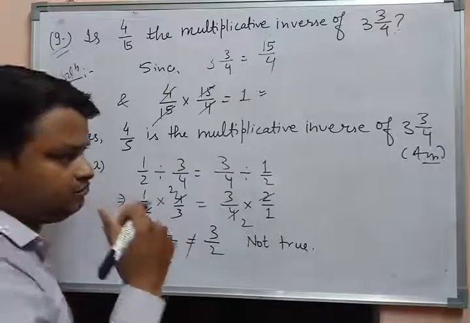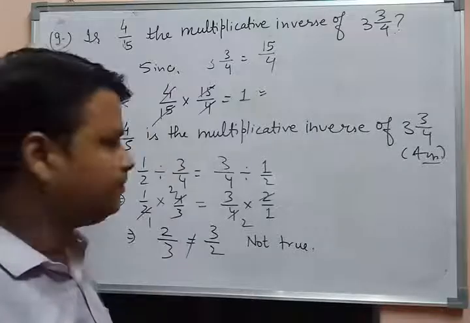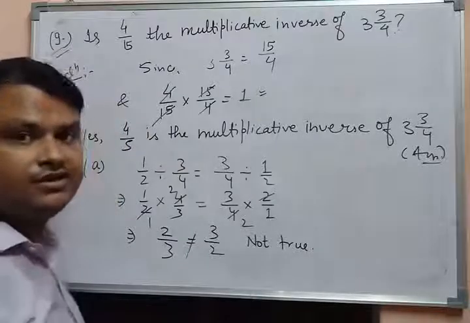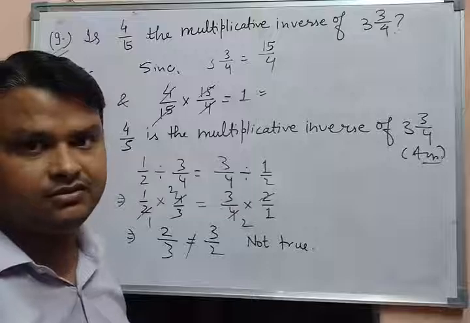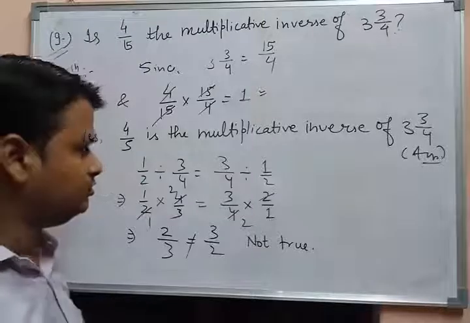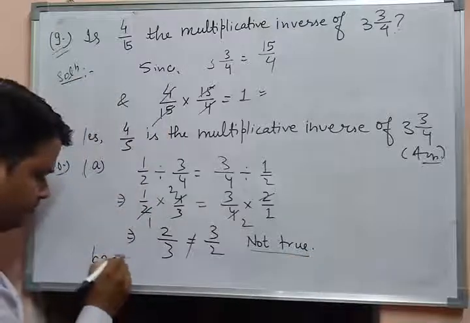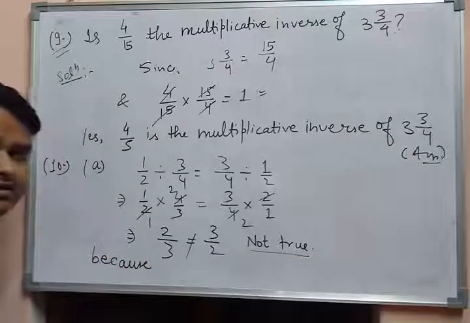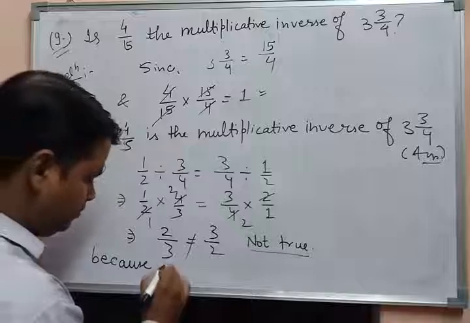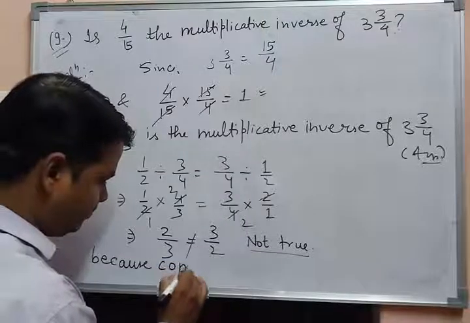Actually in rational numbers, the commutative property holds only for addition and multiplication. So its answer is not true, because you have to write one line that because commutative property of